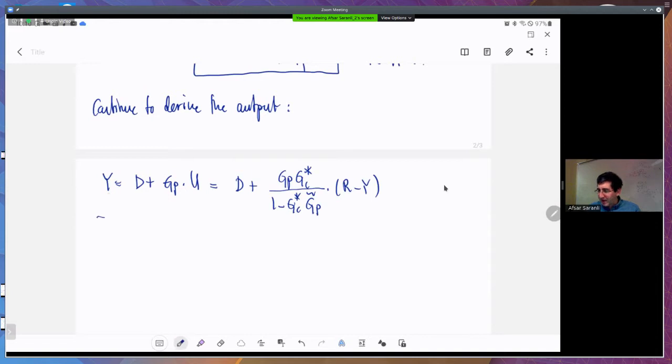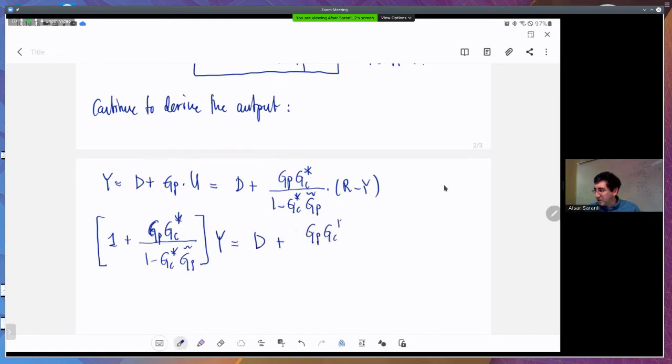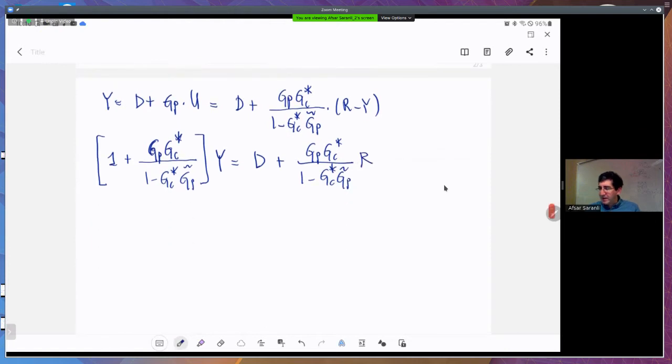So if I regroup them together, I have 1 plus GP GC star over 1 minus GC star GP tilde times Y being equal to D plus this same term here, GP GC star over 1 minus GC star GP tilde times R. Okay. Now if I divide both sides by the coefficient of Y,